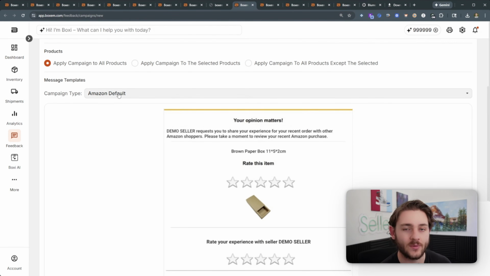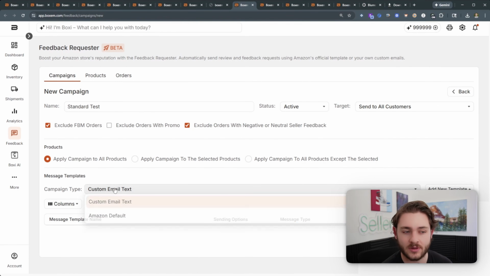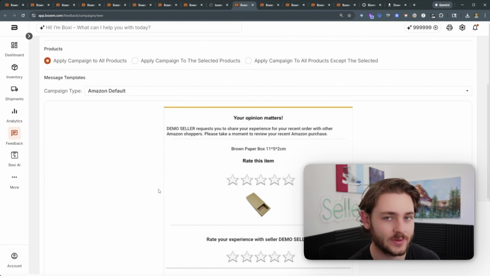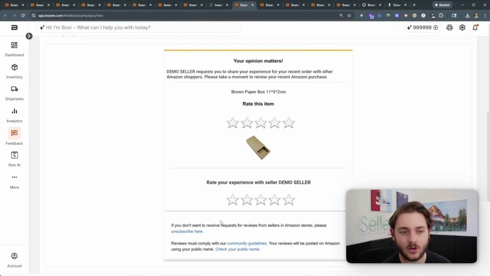And then unless you go in and very specifically read the terms of service on what is allowed when we're requesting reviews, I would just leave this on the Amazon default, although you can go in here and make your own custom email text. Just like I said, make sure you read the terms of service. It can be pretty easy to accidentally violate Amazon's terms of service, especially when it comes to asking for 5-star ratings. So you can see what that email is going to look like that it's sending to all your customers,